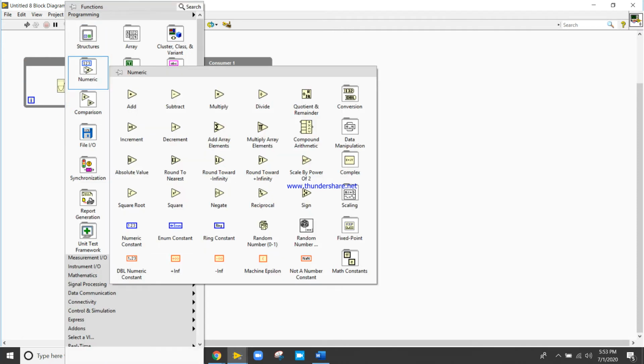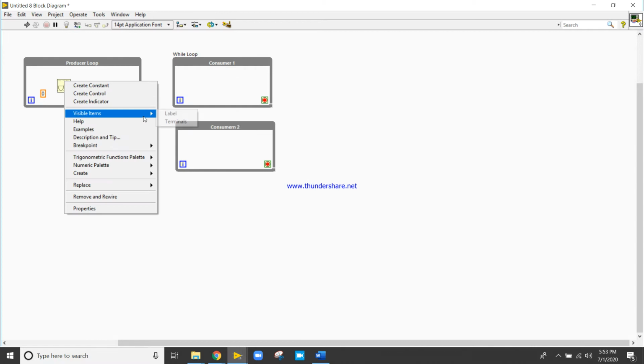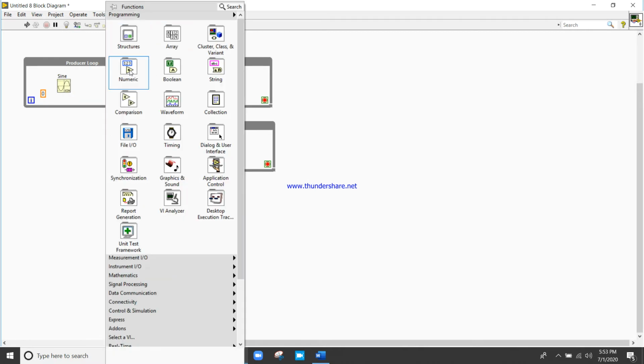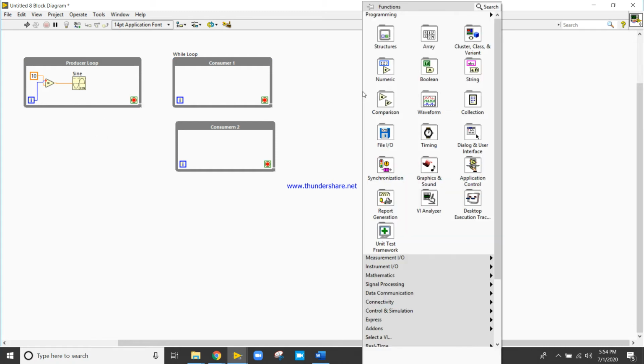Right click here and take the divide function. I want to divide by 10. Nice.